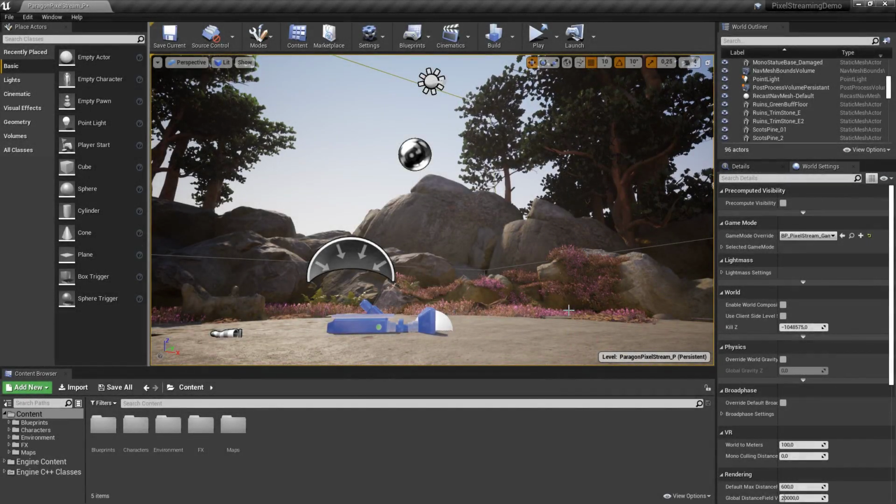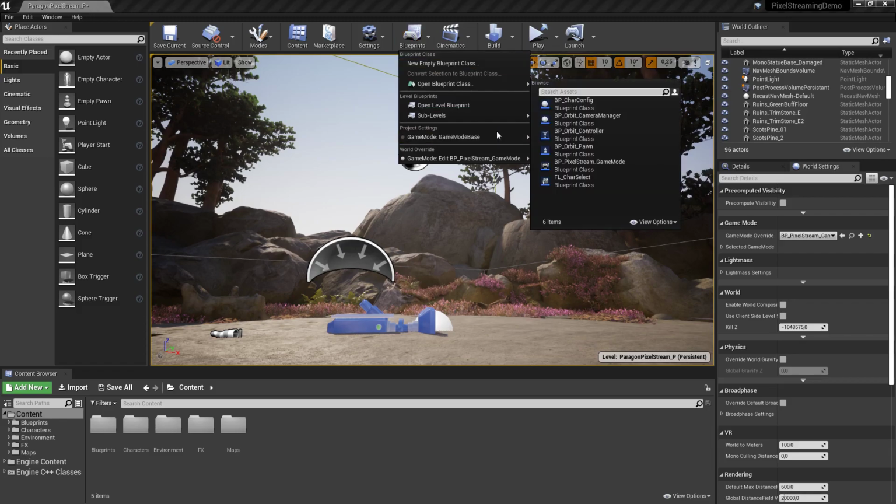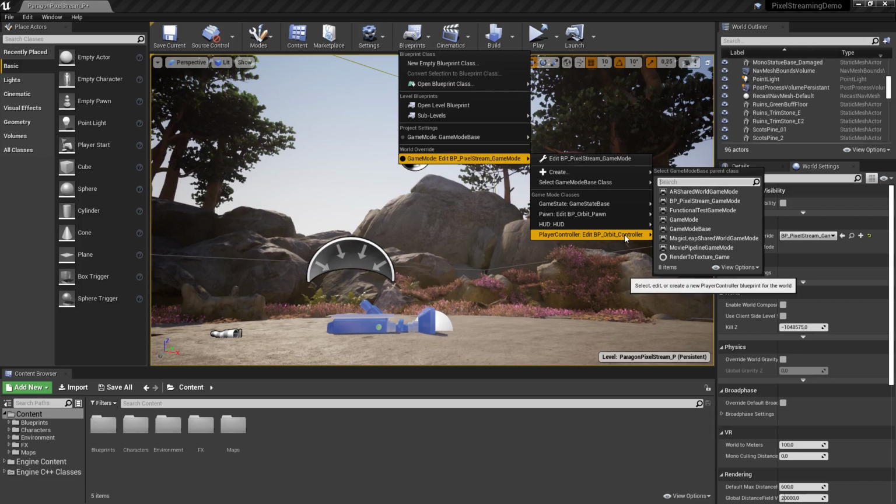Now when we're in Unreal Engine, we would like to change the control rotation based on the slider that we created in the website. We can do a test of this first by opening the controller.